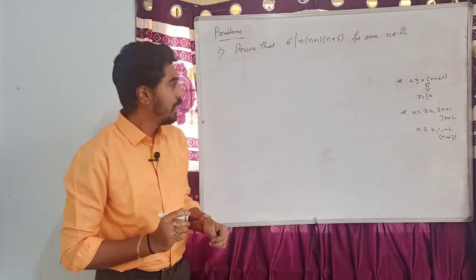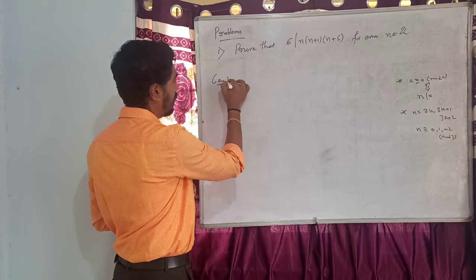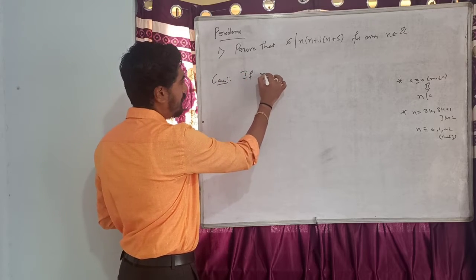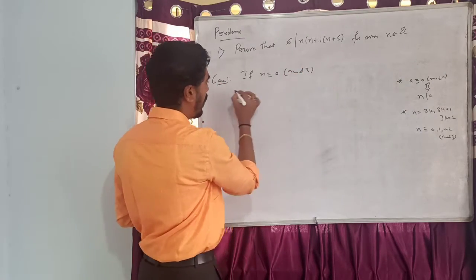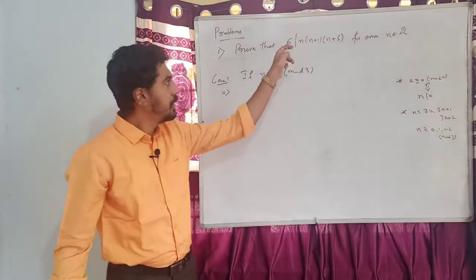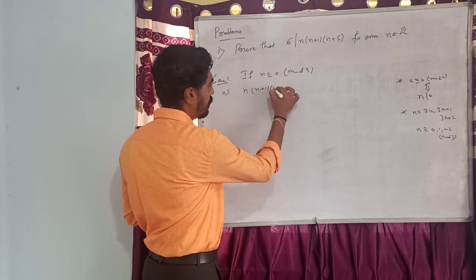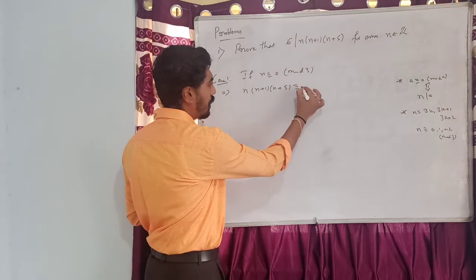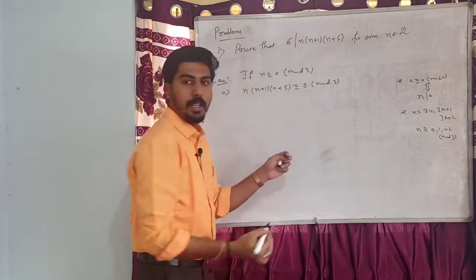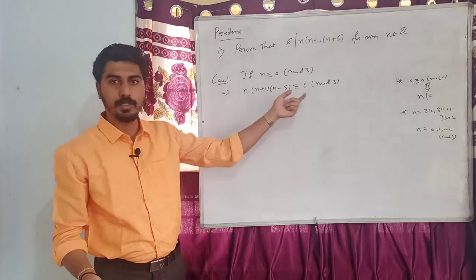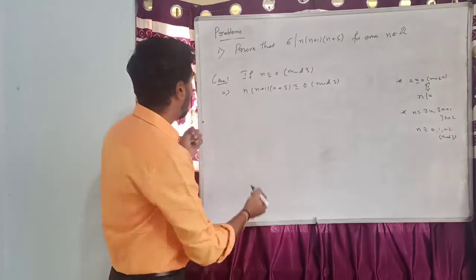Okay. First I am going to consider case 1. If n is congruent to 0 modulo 3, in this case this product n(n+1)(n+5) is also congruent to 0 modulo 3. This is because 0 into anything is 0, so we get here this is congruent to 0 modulo 3. Next, in the case 2,